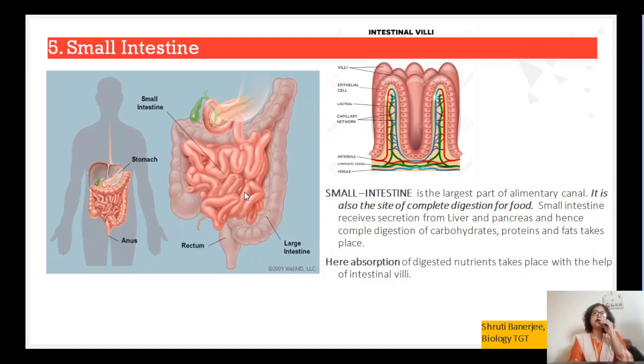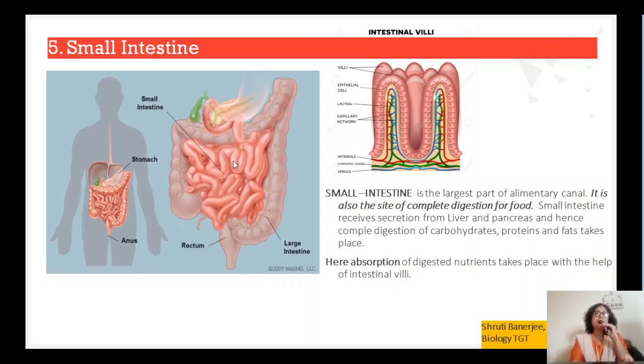The small intestine itself is not releasing any specific enzyme. It is utilizing all the enzymes given by the pancreatic juice and the bile which has been given by the liver, and together with it, it will start breaking down all the complex food into small absorbable forms. So this is the area where now we enter the third stage, that is absorption. So now you can ask, how is absorption possible in the small intestine?